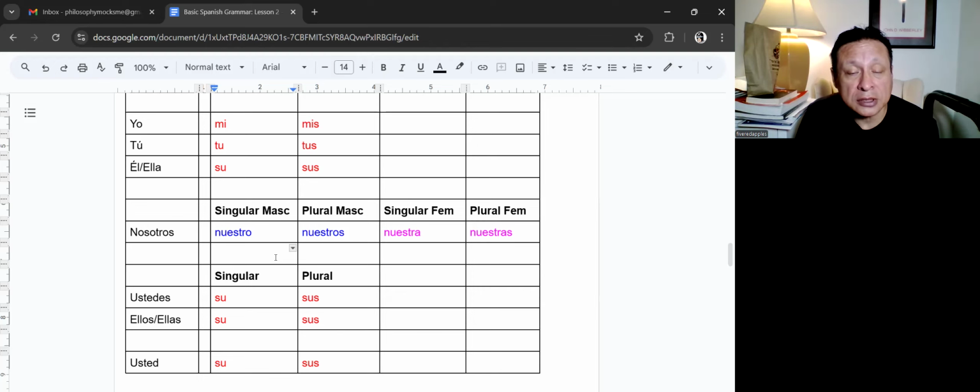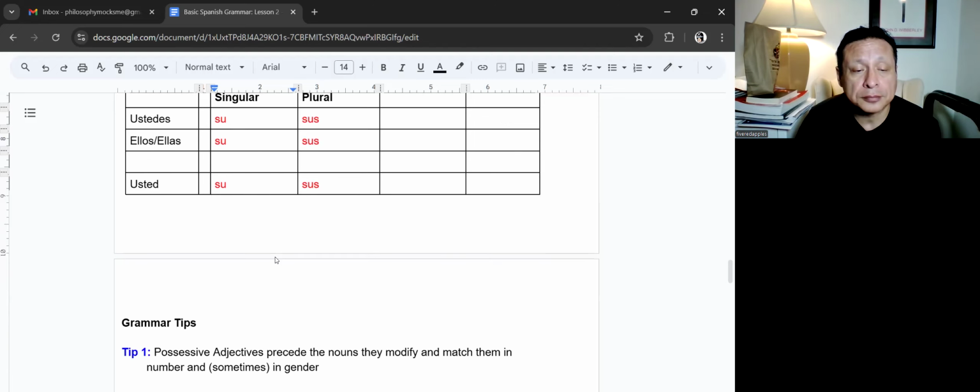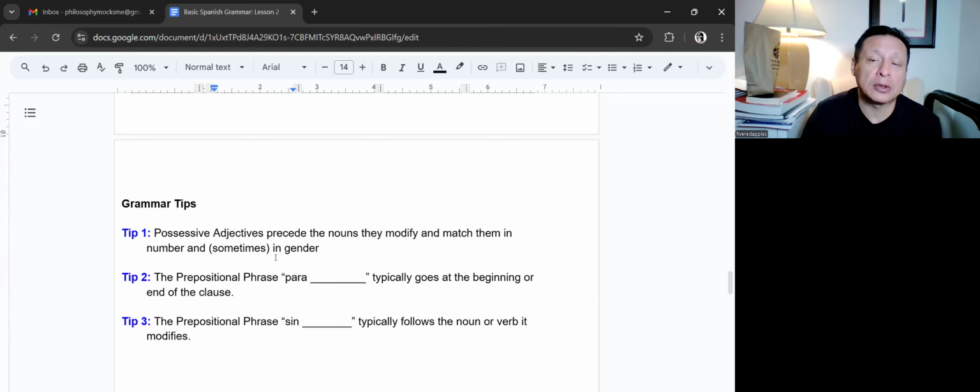That's possessive adjectives. It's about as straightforward as I can give it. Okay, down. Three grammar tips before we do our exercises, a translation exercise with just the verb comer, but I'm using lesson one vocabulary, except I'm not using the verb hablar, but I am using the other vocabulary. And yeah, so tip number one: possessive adjectives like mi, mis, tu, tus, su, sus, nuestro, nuestra,